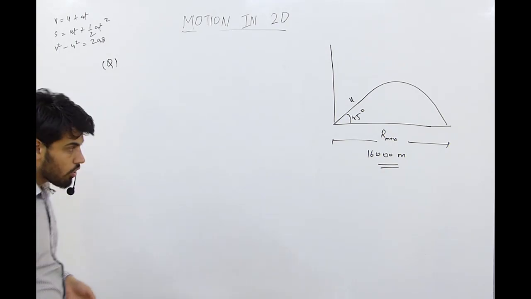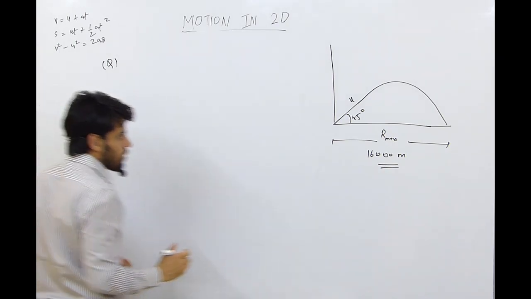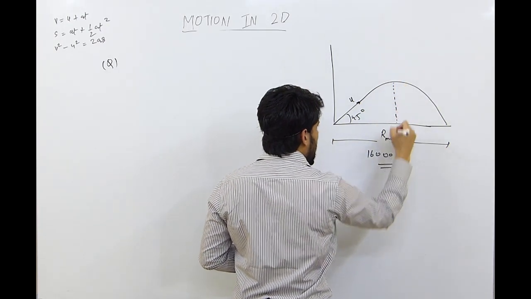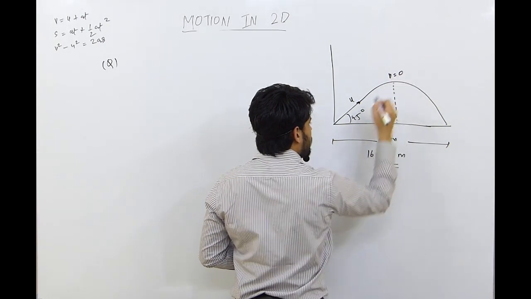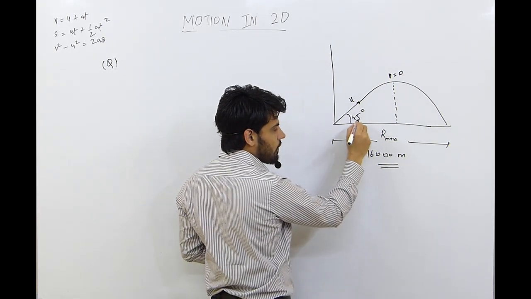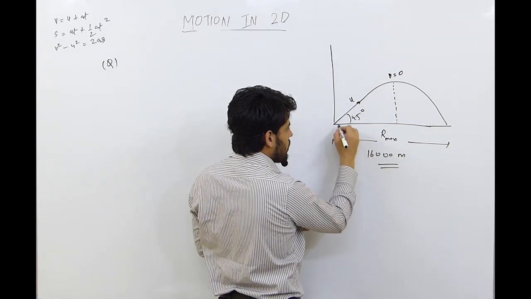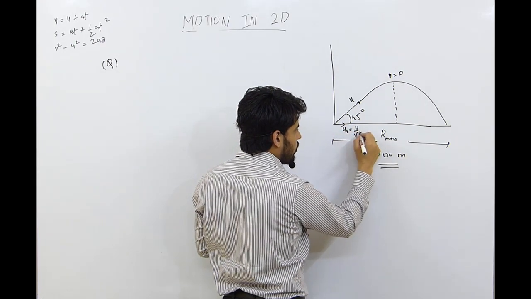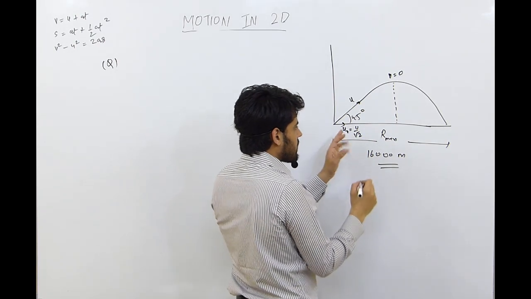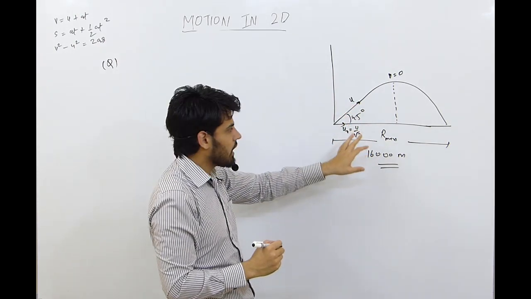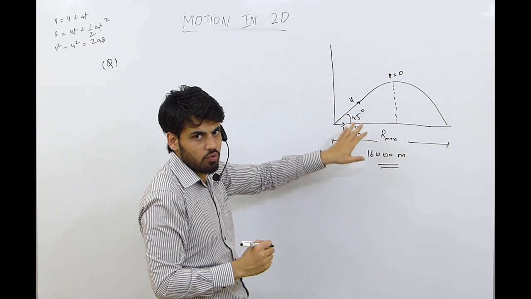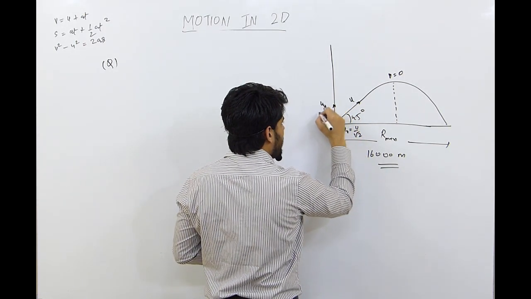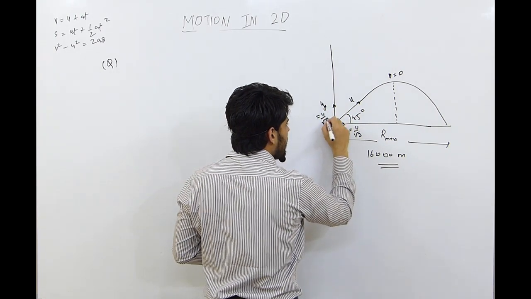Now if you don't remember the formula, then how are you going to solve it? Then it will be a little bit lengthy. See here, v is equal to 0. We know that this is 45 degrees for the maximum range, so ux will be equal to u by root 2. How is it arrived? ux is equal to u cos theta, and when we put cos 45 as 1 by root 2, ux is equal to u by root 2, and uy is also equal to u by root 2.